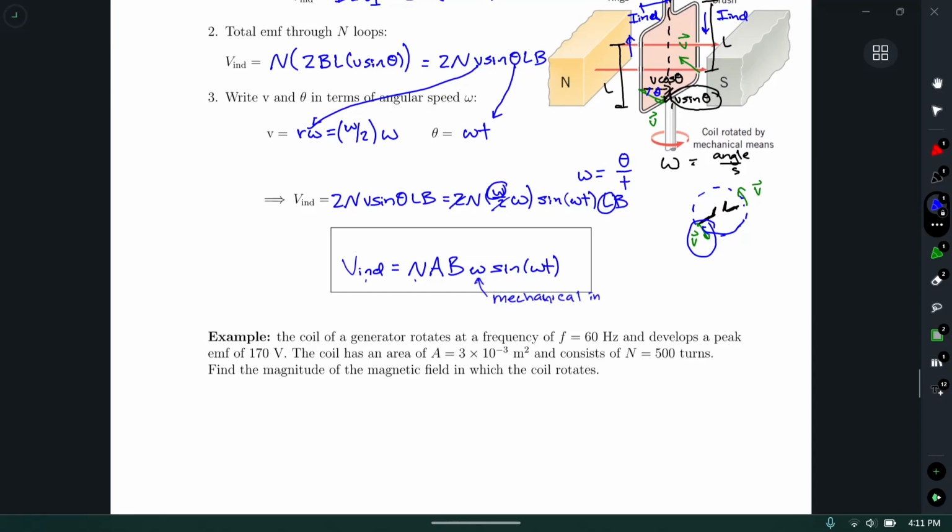How much you put in determines how much electrical energy you get out. So a generator can be thought of as a converter from mechanical to electrical energy. If we think back to a motor,